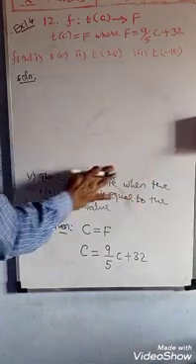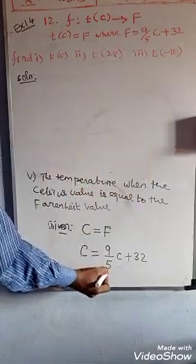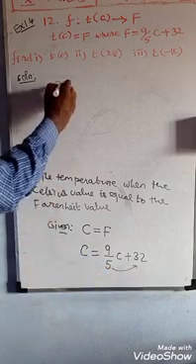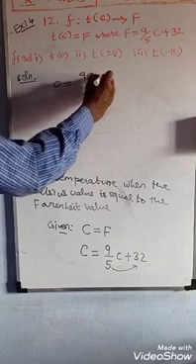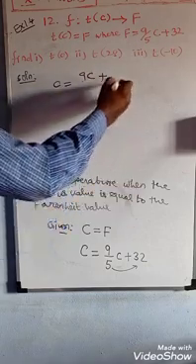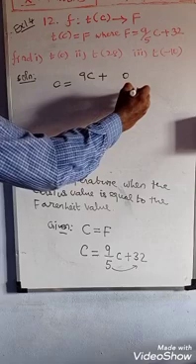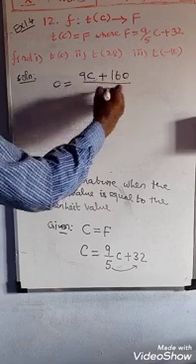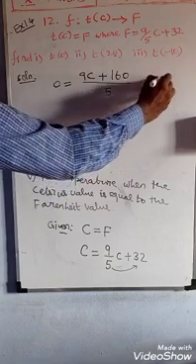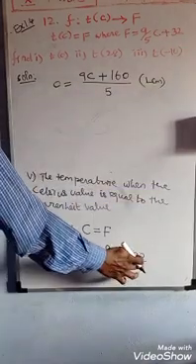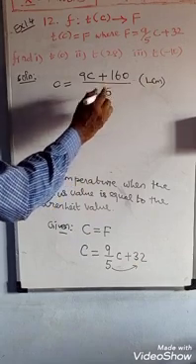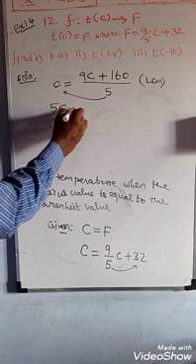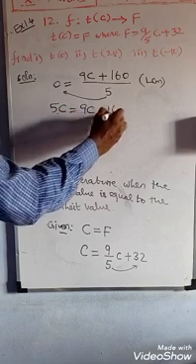Next step. First this side, what is there? Here the denominator is 5, here there is no denominator. So you should multiply by 5 first. So C is equal to 9C plus 5 times 32: 5 twos are 10, remaining 1, 15, 16, 160. 160 whole divided by 5. You want to take it as an LCM, because your denominator is not there. Now this division by 5, this side comes multiplication by 5. So 5C is equal to 9C plus 160.